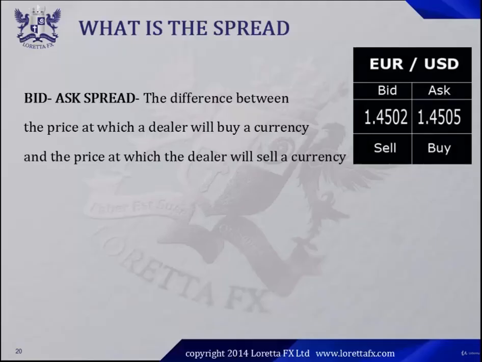Now, what is the spread? The bid and ask spread is the difference between the price at which a dealer will buy a currency and the price at which the dealer will sell a currency. In this example, the bid is 1.4502 and the ask is 1.4505, so we have a 3 pip spread. The dealer is willing to buy the currency at 1.4502 and sell it at